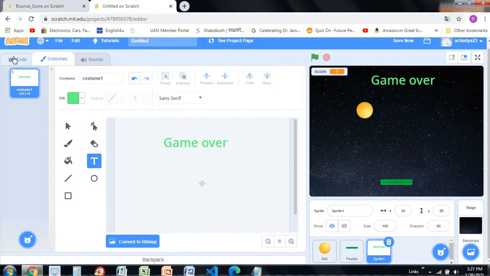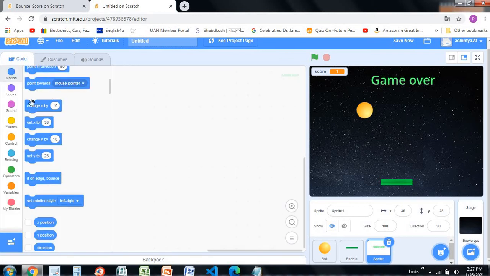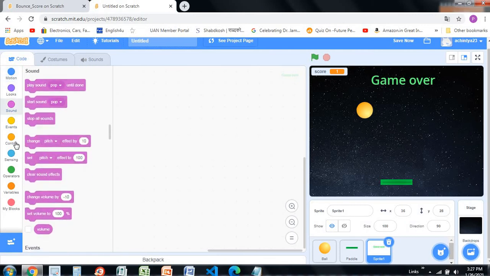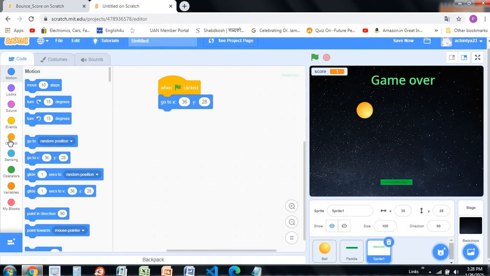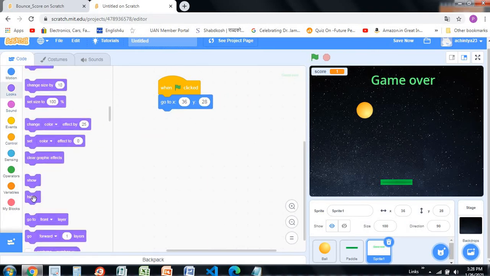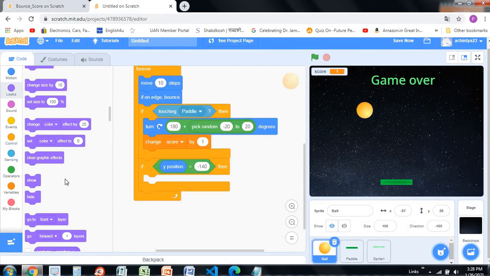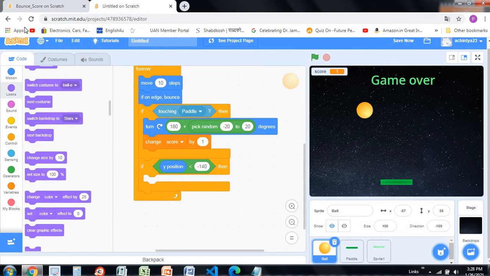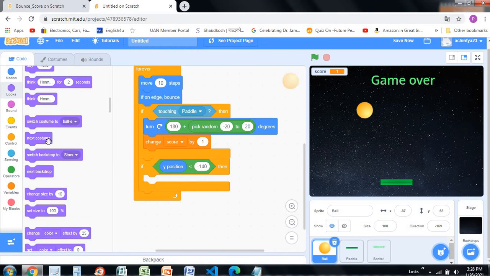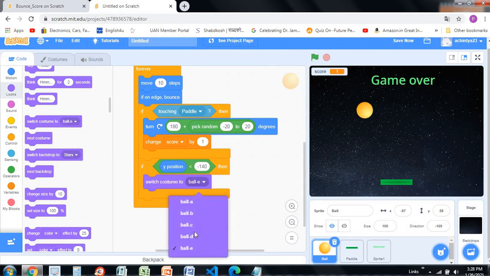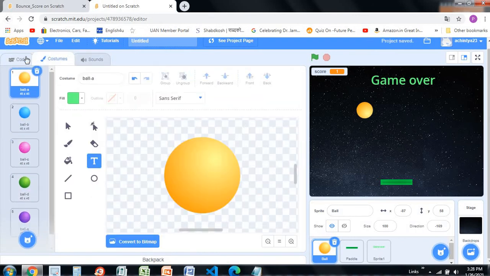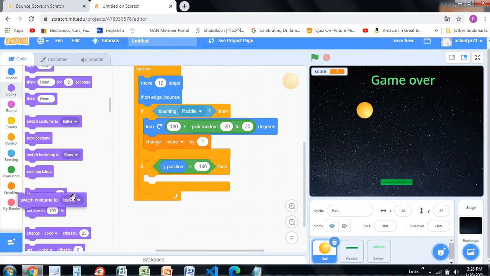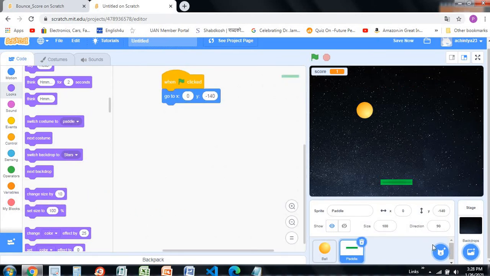Yeah, green is perfect. Now go to the code here in the green, and when green flag clicked, first we have to make this go to 36 and it should hide whenever we click the green flag. Now go to the ball code, then go to the looks, switch backdrop. Instead of backdrop, we are going to be making it switch costume to, okay, there is one costume. But here we have not created it. Yeah, or else you can make it in the backdrop also if you want. I'm making it in the backdrop.